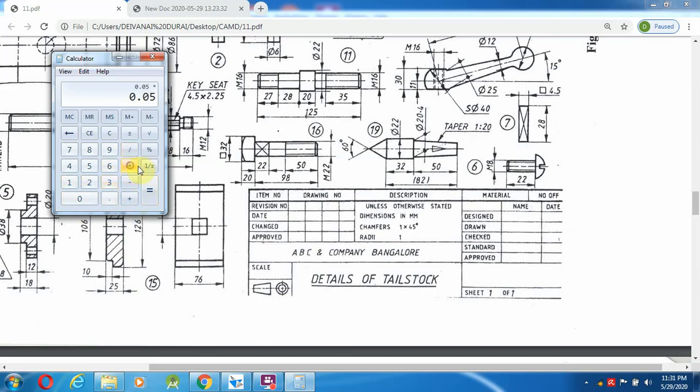This you can multiply by the length. The total taper length coming over here is 50 mm. If you multiply that, you get 2.5.